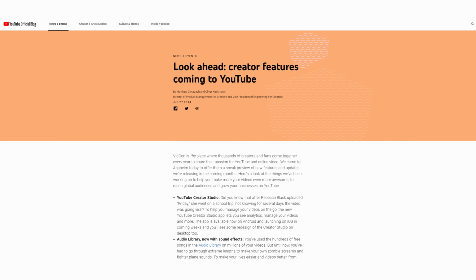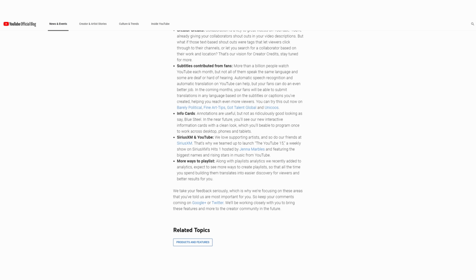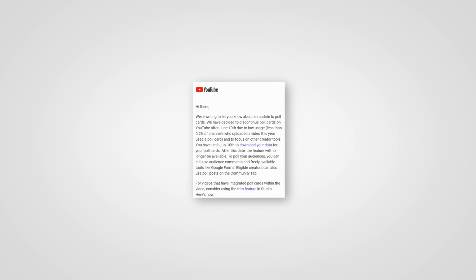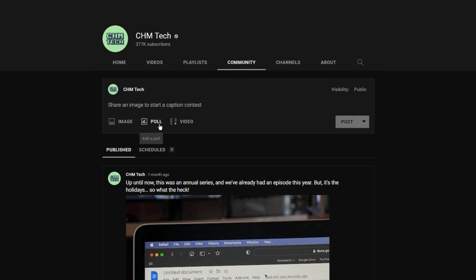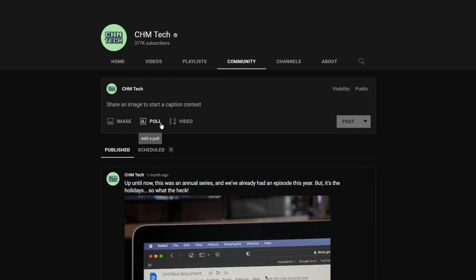In 2015, YouTube introduced a feature called info cards, which, as you may know, allowed uploaders to add links to their videos. These links could lead to other videos, playlists, channel pages, external sources, and initially, users could even use them to conduct polls. In mid-2020, YouTube decided to remove info card polls, citing low usage as the main reason. According to Creator Insider, less than 0.2% of channels were using them. Nowadays, if you want to conduct a poll on YouTube, you can only do it through the Community tab, that is, if your channel meets the requirements to have it.